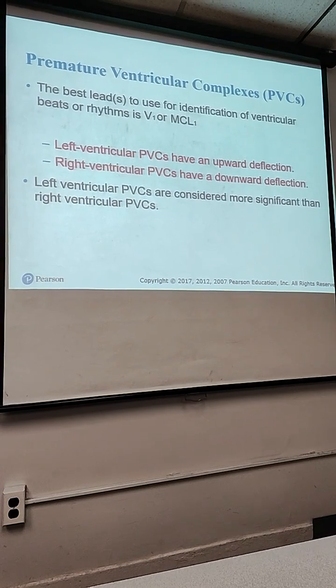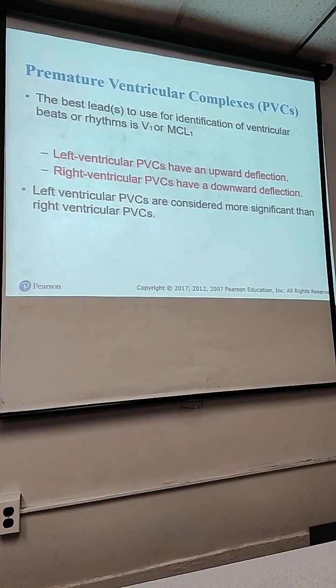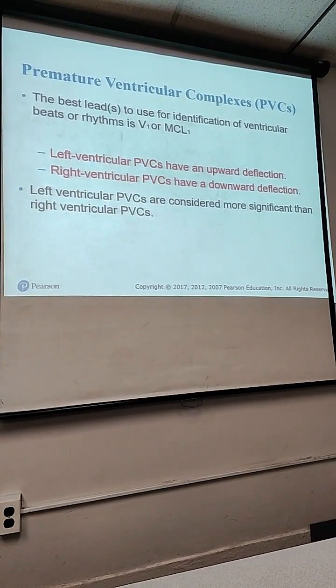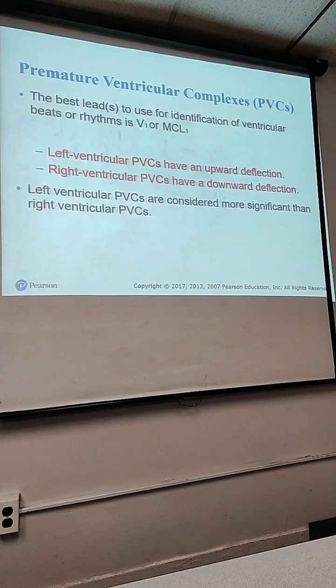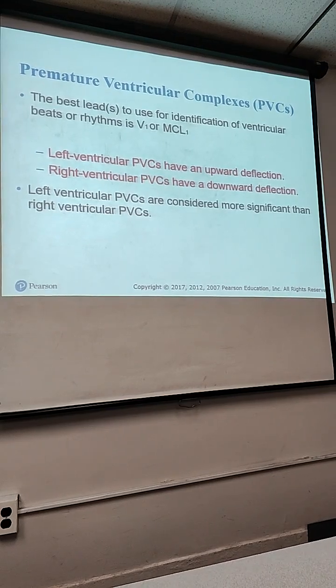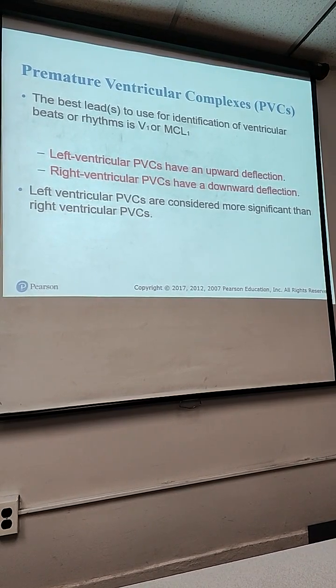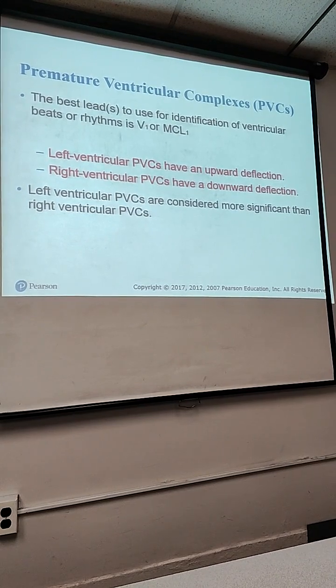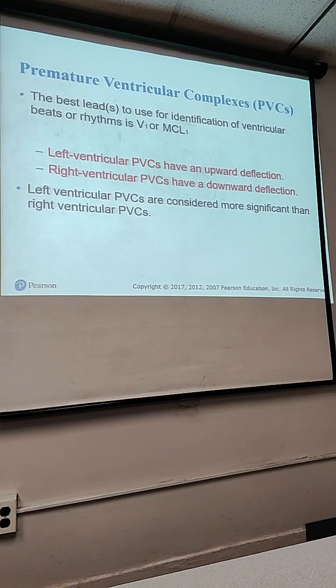Because the body needs oxygenated blood, right? The ventricle on the left side has oxygenated blood, and that blood needs to be pumped to the heart and to the brain to maintain the patient stable. But if it's not,